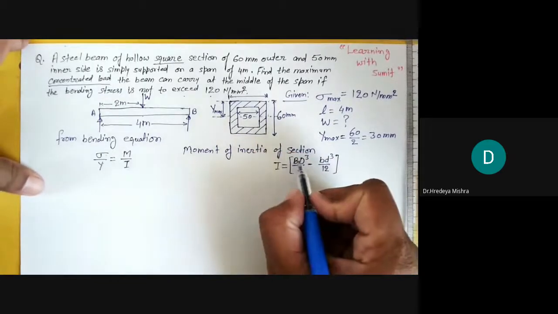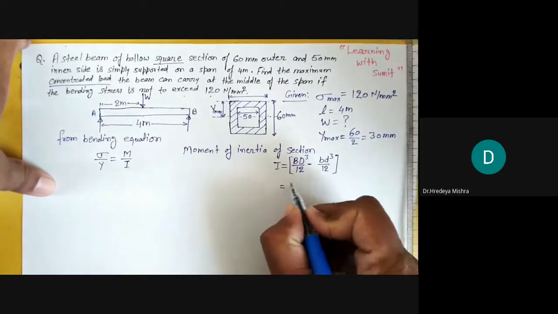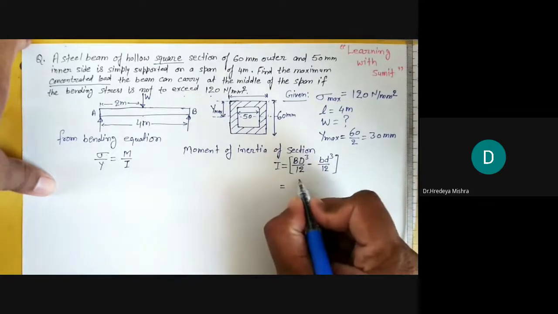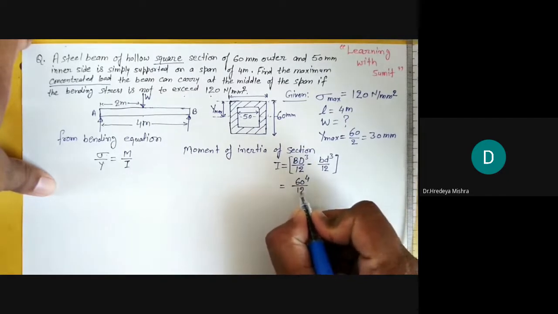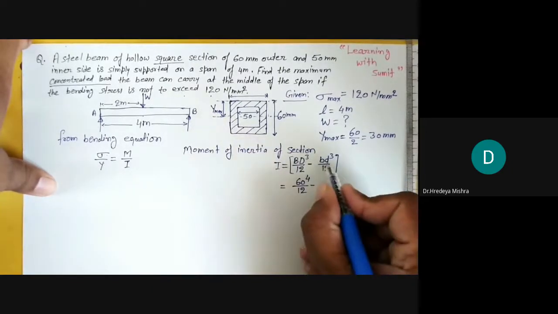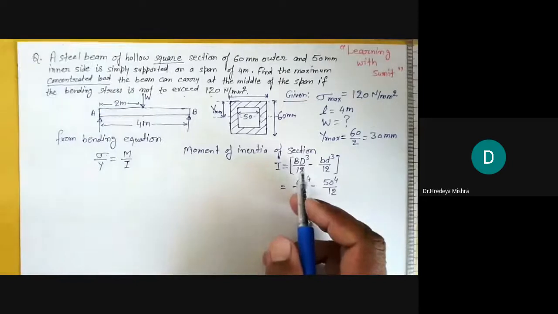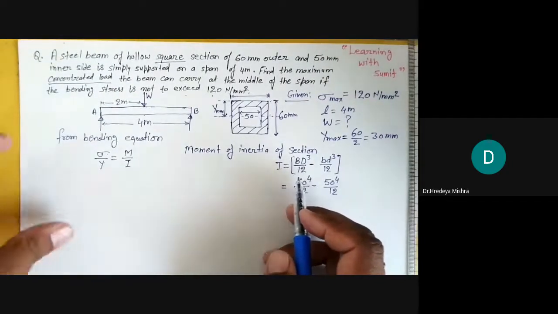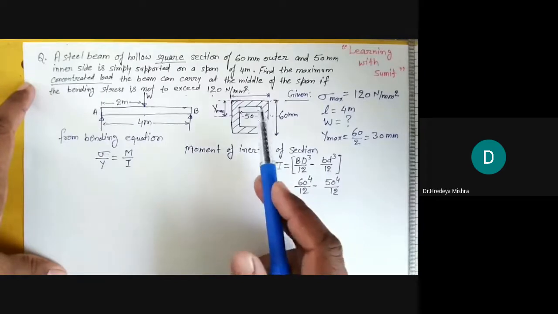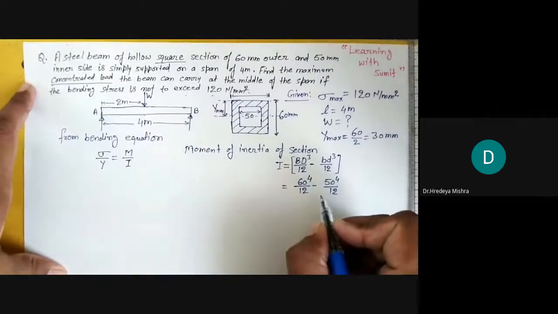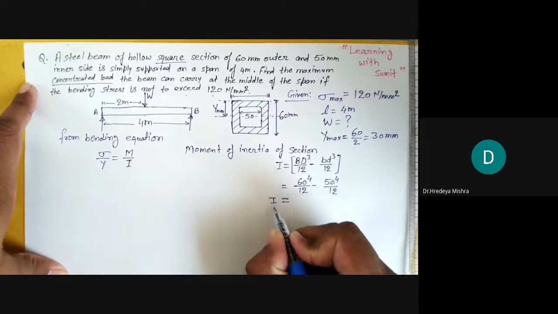लेकिन ये हमारा स्क्वायर है, यानी हमारा b और d दोनों इक्वल हैं। तो 60 × 60 क्यूब करेंगे तो ये 60⁴ हो जाएगा, हमारा b भी 60 और d भी 60 है। तो 60⁴/12 माइनस, यहाँ पे b और d दोनों 50 हैं, तो 50 × 50 क्यूब 50⁴/12। अगर आप 50 × 50 क्यूब भी नहीं लिखते हो तो स्क्वायर के केस में ये फार्मूला सीधे d⁴/12 भी आप लिख सकते हो। मुझे लगता है ये कोई बड़ी बात नहीं है, क्योंकि इसके लिए आपने सेपरेट यूनिट पढ़ा हुआ है, आप अच्छे से जानते हो कि शेडेड पोर्शन का मोमेंट ऑफ इनर्शिया कैसे फाइंड कर सकते हैं। तो इसको कैलकुलेट कर लेते हैं, 60⁴/12 माइनस 50⁴/12। तो यहाँ से हमारा मोमेंट ऑफ इनर्शिया अबाउट न्यूट्रल एक्सिस आ जाएगा